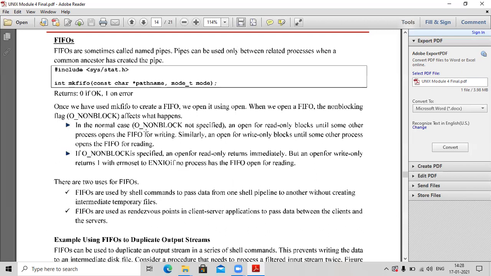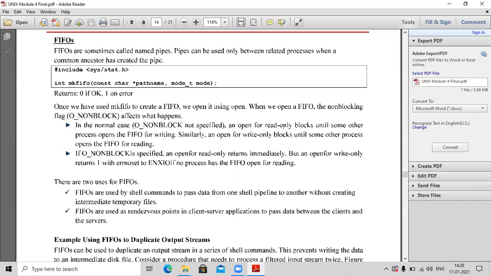In the normal case, if O_NONBLOCK is not specified, that means it is set to 0, then if you are trying to open a file for read only, and some other process has opened that FIFO for writing, then this process gets blocked.